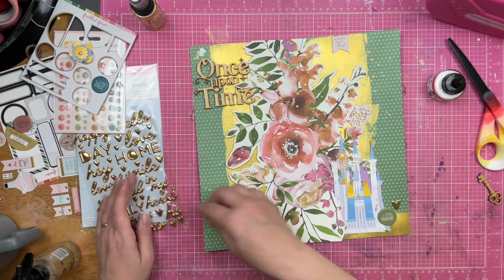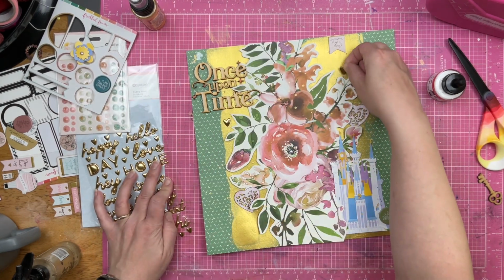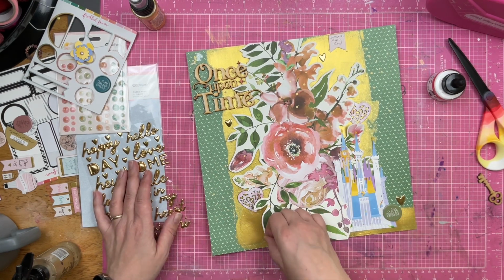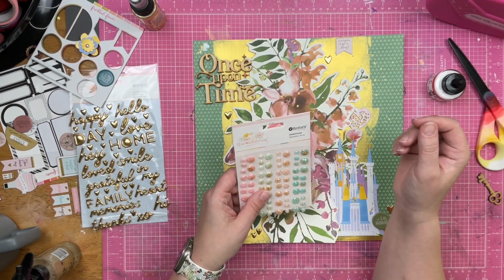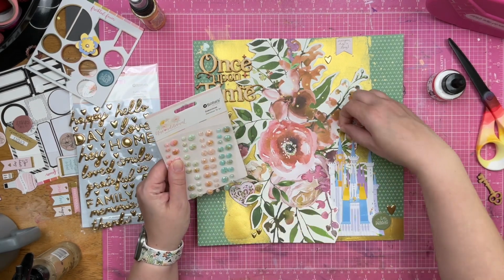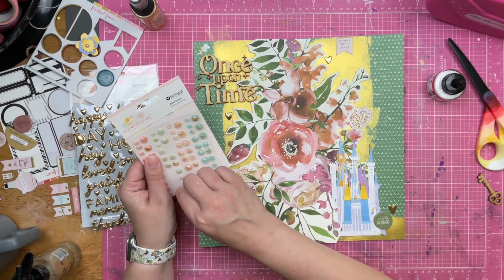Now I'm going to add on little finishing touches. So, I'm going to grab some of these puffy hearts off of this Got Wood on the Brain word phrase. And then I'm going to grab these guys. Now, I think these are beautiful. They're like rhinestones, but they've got a bit of gold kind of flake on them. And I think that they're gorgeous. So,